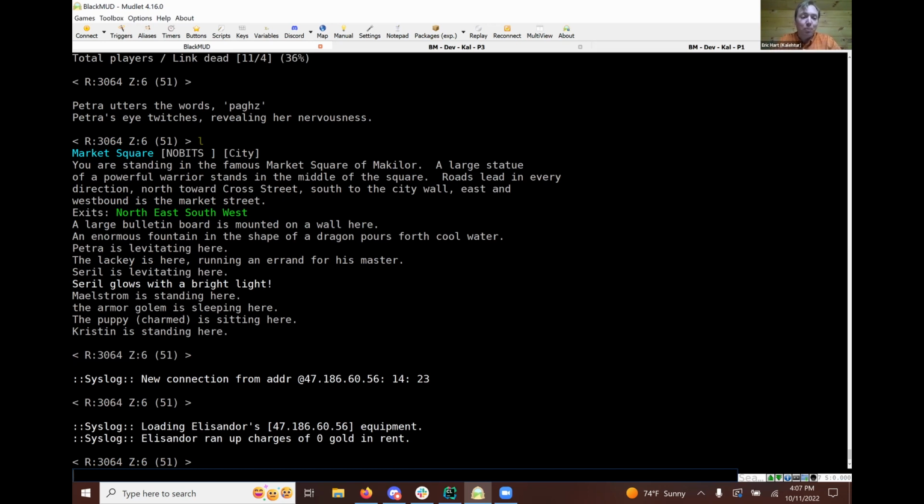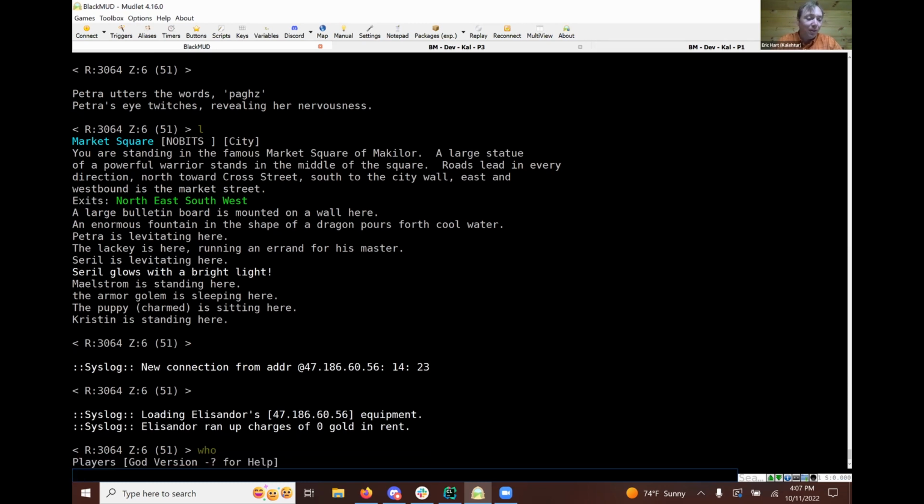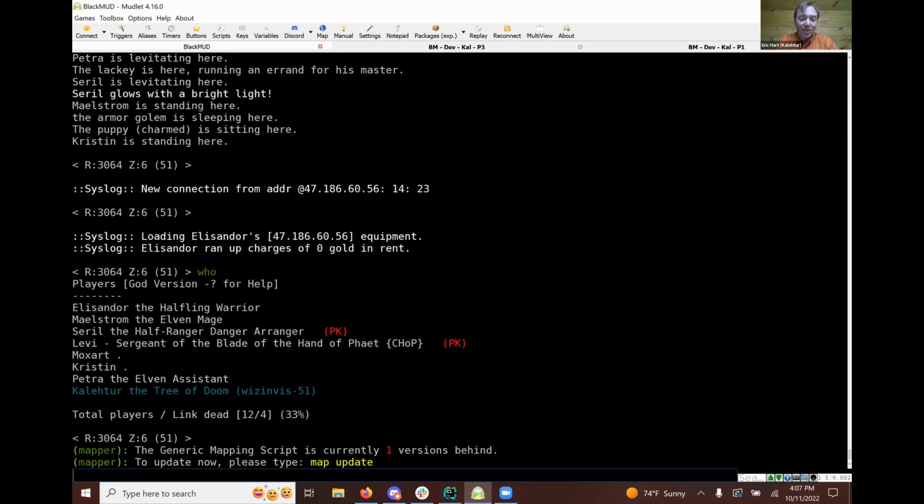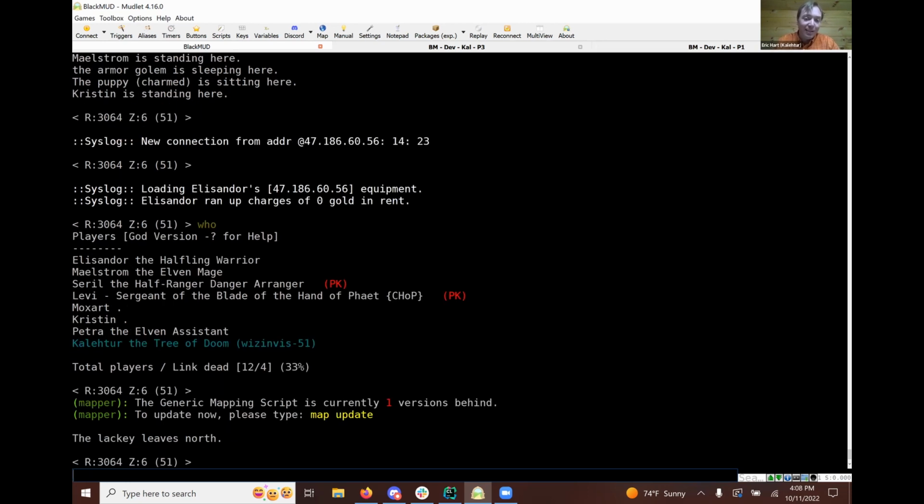So here we're looking at the prod version of the game. So if you wonder, do people still play? Yep, they sure do. We currently have, I can count here, 8 players, and then I'm currently the only active immortal on right now. And we can see some information, like 2 of these folks here, if they so want it, have the PK flag on so they can do some player killing, things like that.